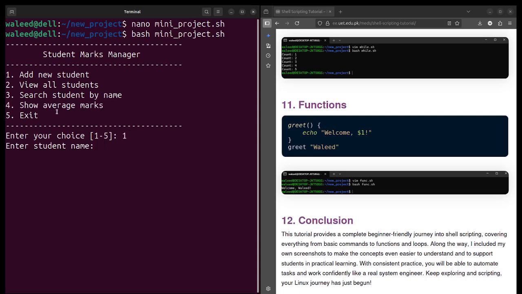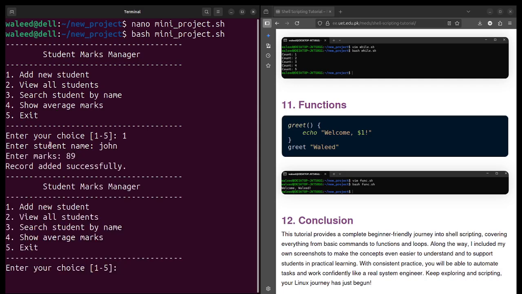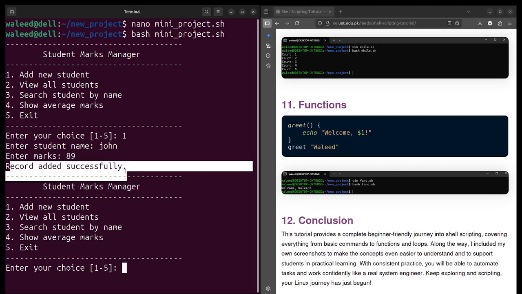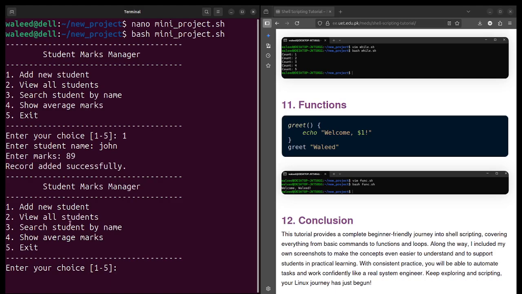Let's say the student name is John, and his marks are 89, and then it says the record has been added successfully. Now let's first add another student. The new student is, let's suppose, Ali, and his marks are, let's say, 79.